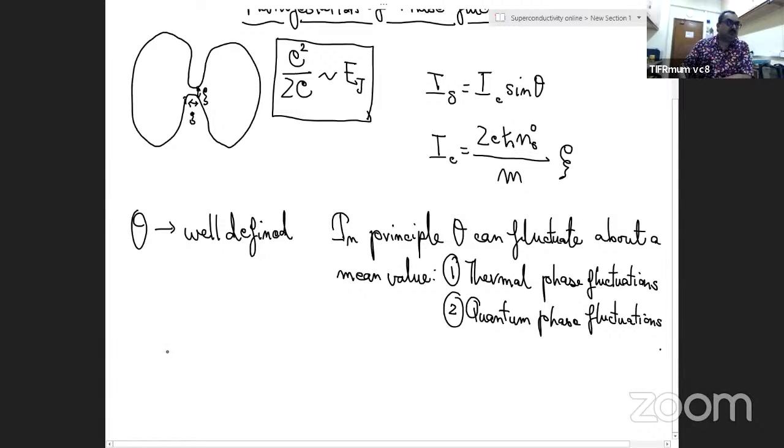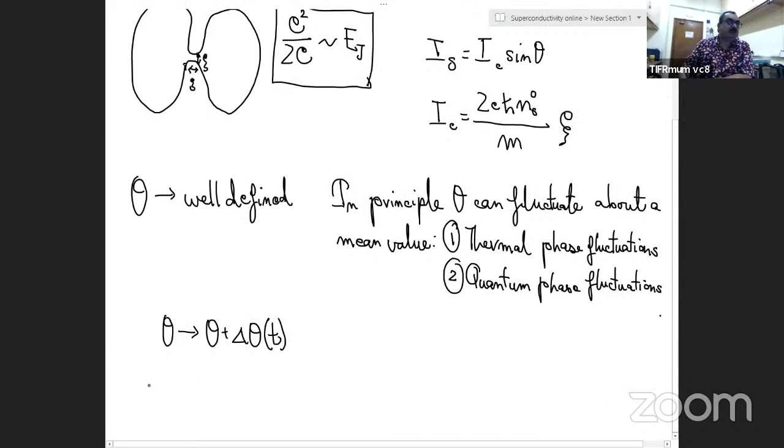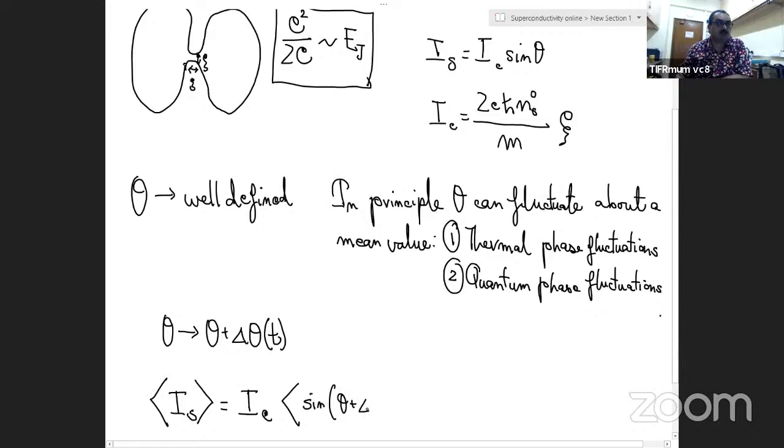So let me assume first that this theta is not a constant, but rather it has a mean value plus a time dependent fluctuation about its mean value. The first observable effect that I will have is on the supercurrent because that depends on theta. So the supercurrent IS now will be IC into, so this is the average supercurrent. I want just the DC value, so I am integrating over a characteristic time that is much larger than the fluctuating time scale, and sine of theta plus